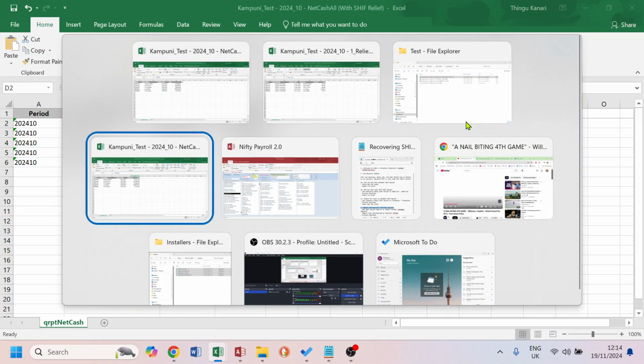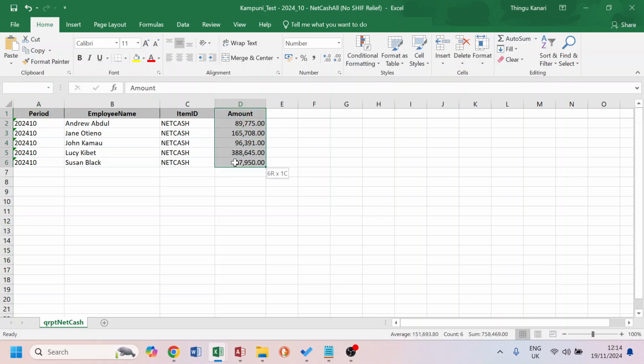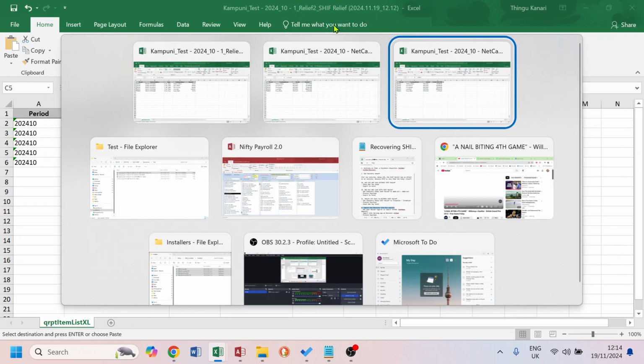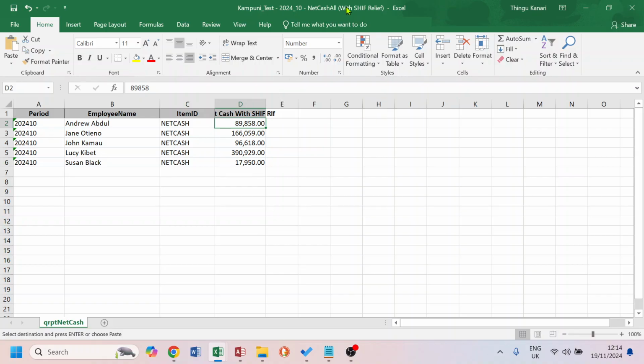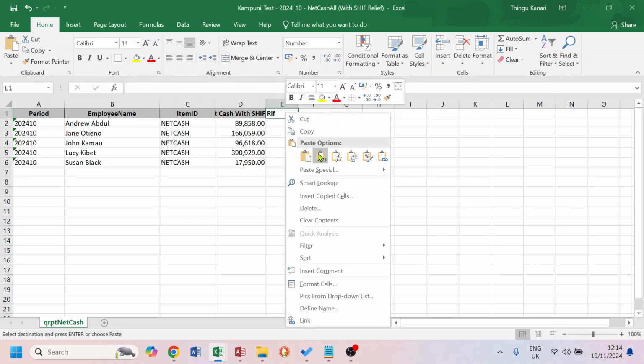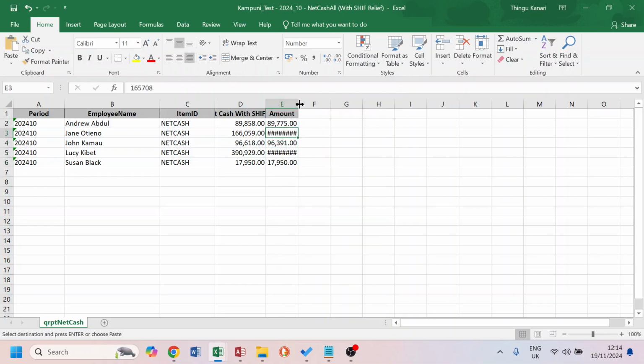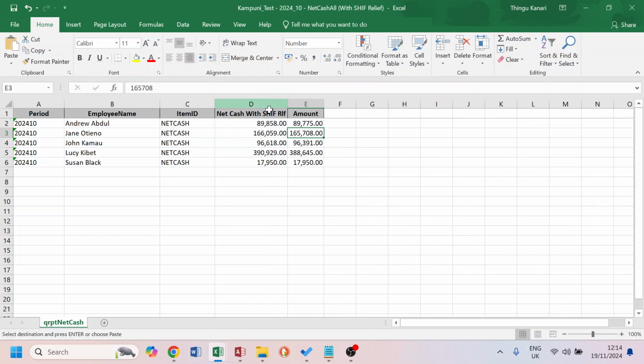And I want these figures. Make sure the system is designed to list people alphabetically, so this list should be the same as the other one if you didn't change it. So we are in no SHIF Relief, copy, come back, net cash with SHIF Relief, we paste it here. Oops, let's just paste it nicely so that it looks the same. So this is net cash no SHIF Relief,